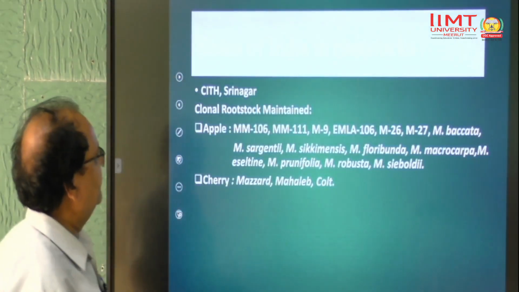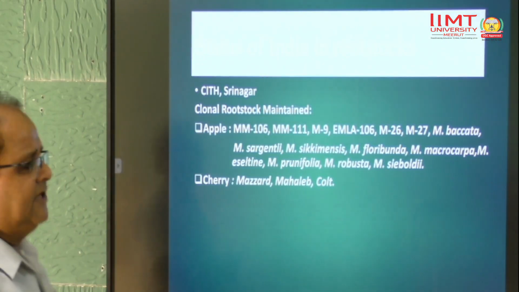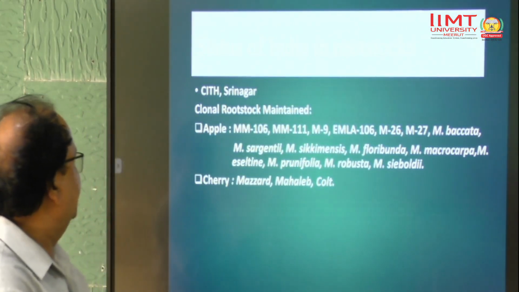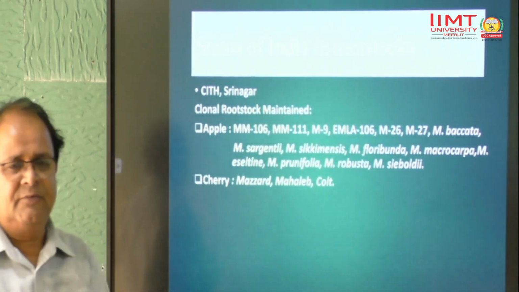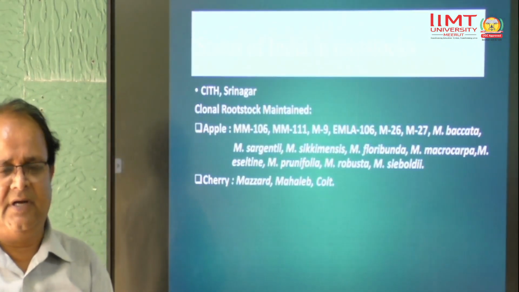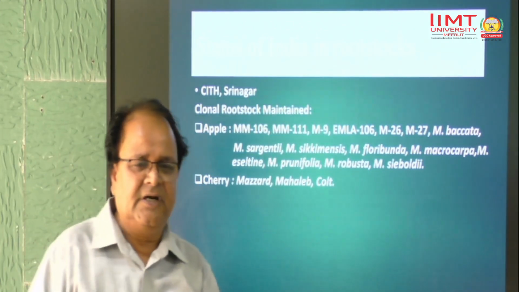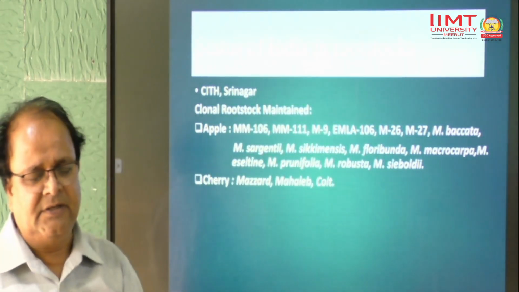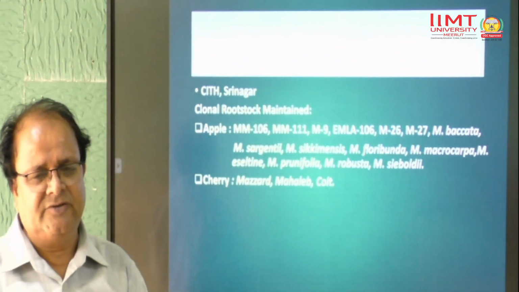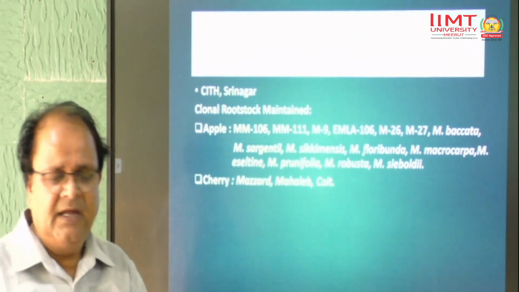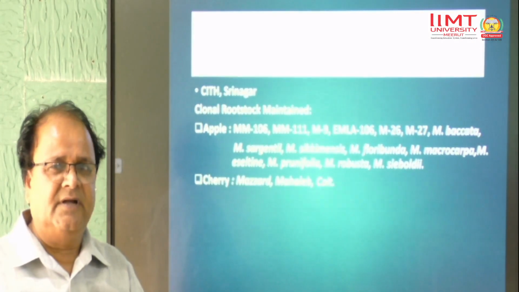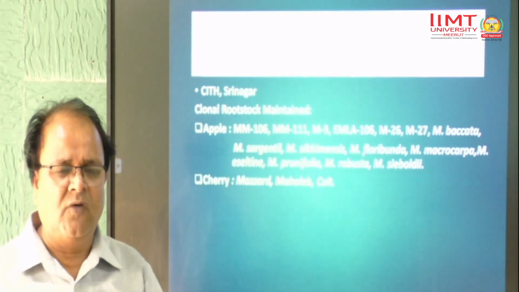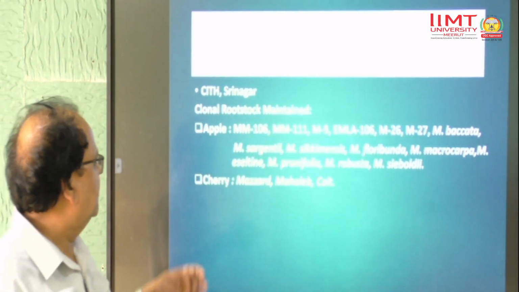Different rootstocks play an important role in temperate fruit production, to check diseases and viruses. So the status of India in rootstocks: the Central Institute of Temperate Horticulture, Srinagar, has developed different rootstocks. ICAR and some institutions have developed them in different regions on the basis of climate. Some are the Central Arid Zone Research Institute in Bikaner, Rajasthan, and CITH in Srinagar, and the Central Institute for Subtropical Horticulture in Lucknow. They have done a lot of research work on rootstocks.